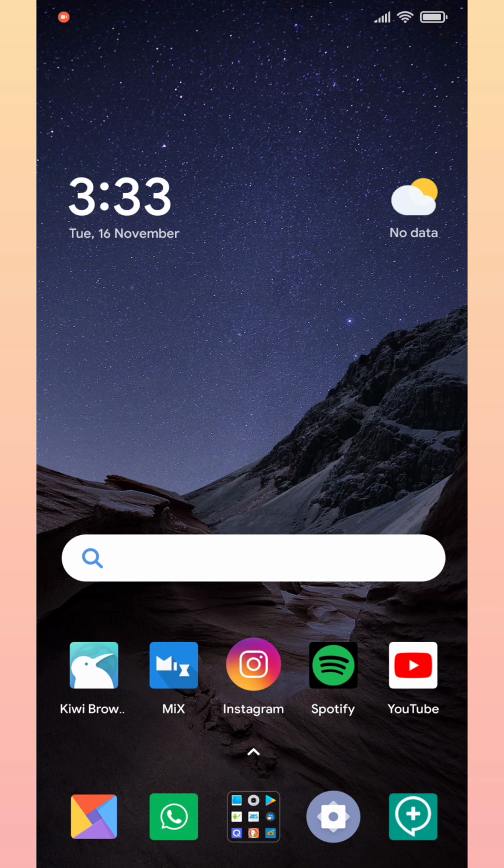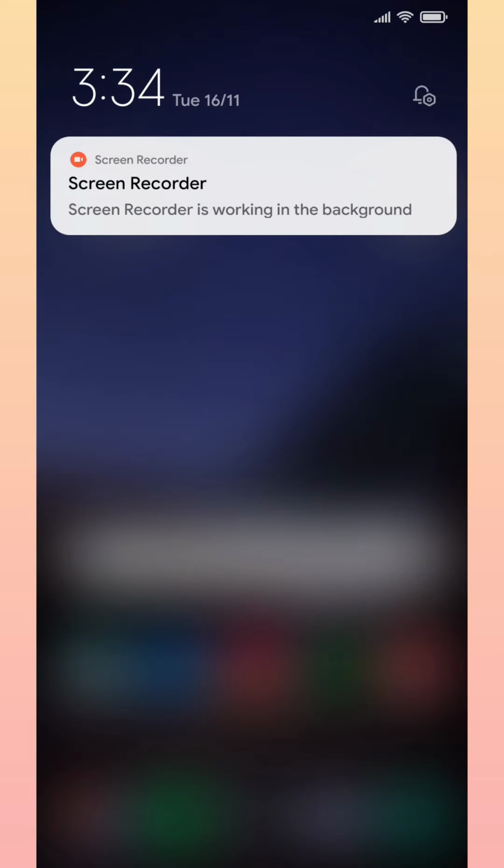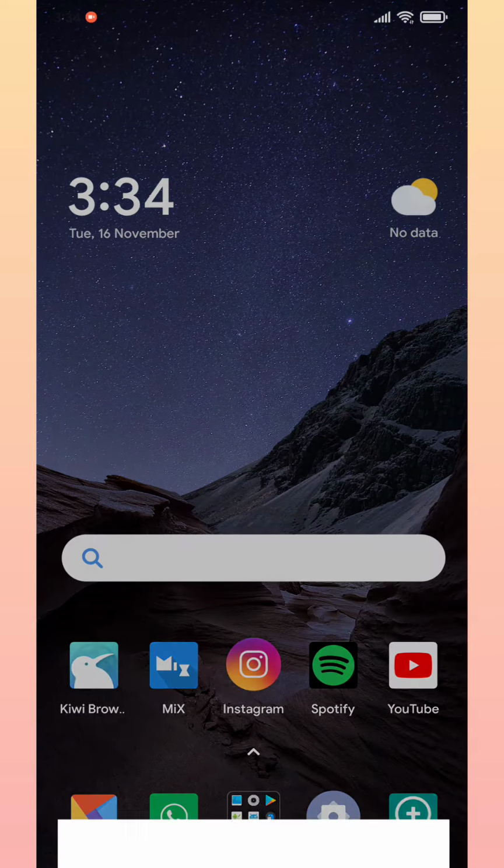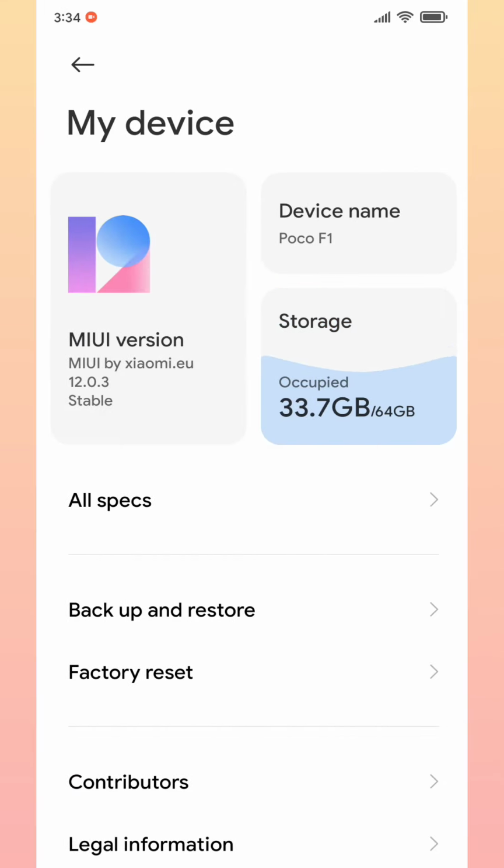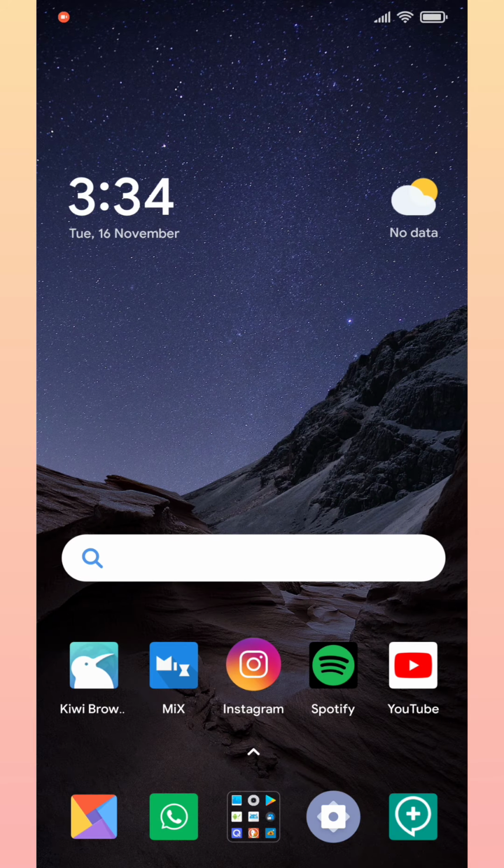So today, I want to talk about the modified MIUI ROMs like MIUI Europe and the other modified MIUI versions. Most of them are MIUI China build based. Like you can see in my phone, I have installed MIUI by Xiaomi.eu, and this is basically the Chinese version of Poco F1, but it's modified and cleaned by Xiaomi.eu, the Europe community. So this is a better version than global because it has most of the bloatware removed and all that stuff. That's why people use it.